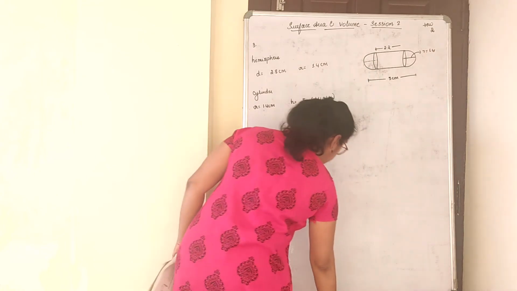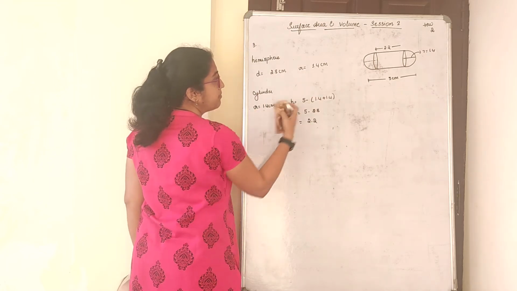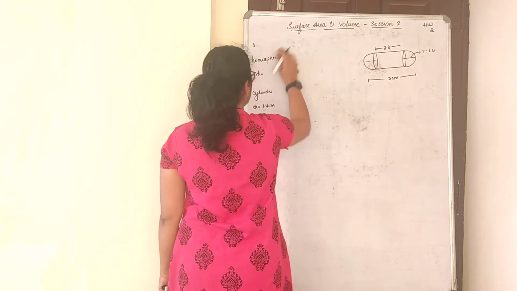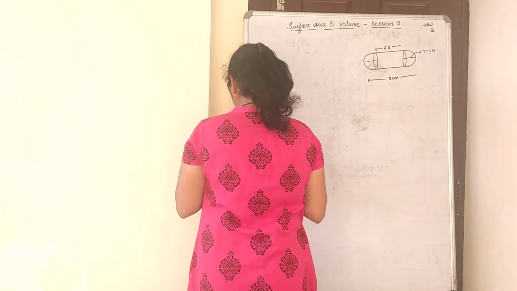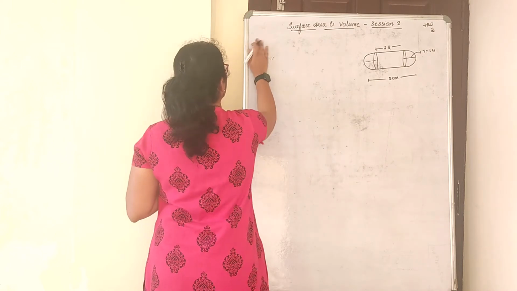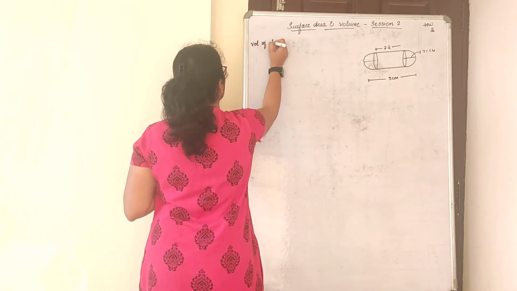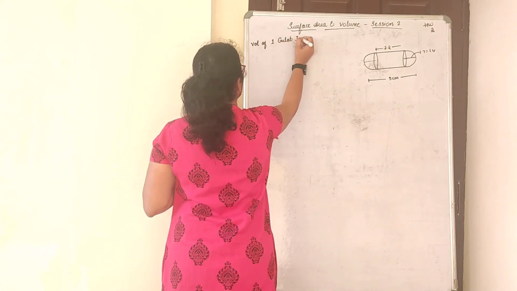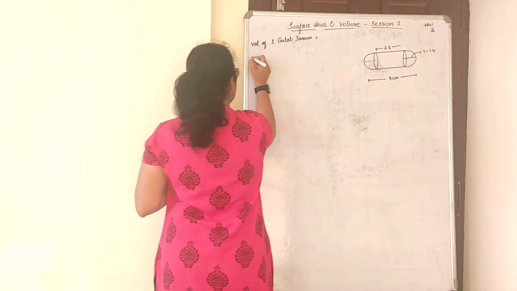I am going to erase this part now because I require the board for calculation. Dimensions are anyhow known. Radius is known. Height is known. That's more than enough for us to find the volume. Now, let us start. Volume of one gulab jamun is equal to